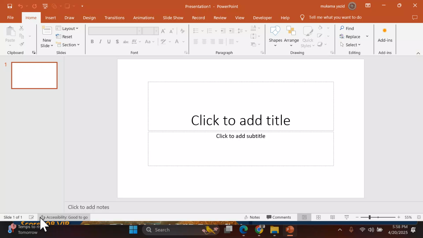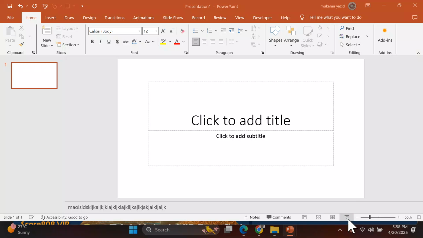We can see this one, the status bar, is showing us the number of slides, and we have notes. Notes is like if I want to add something, when I go to show mode, the one who is showing is the one who can read it. So the reason why we said we don't use too much text doesn't mean that we cannot use text. In PowerPoint we can use text, but we click here and we put our notes here. Notes we make to explain what is on the